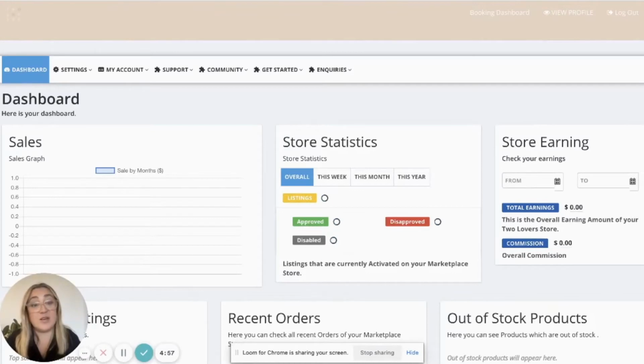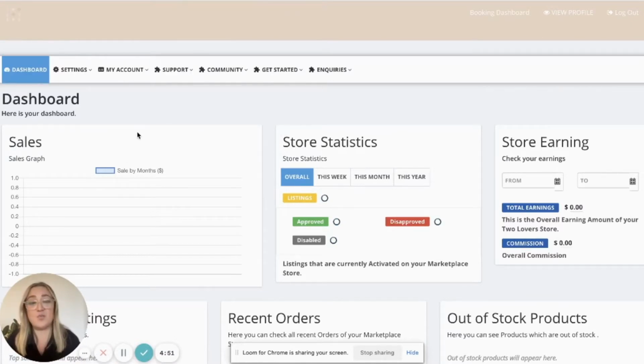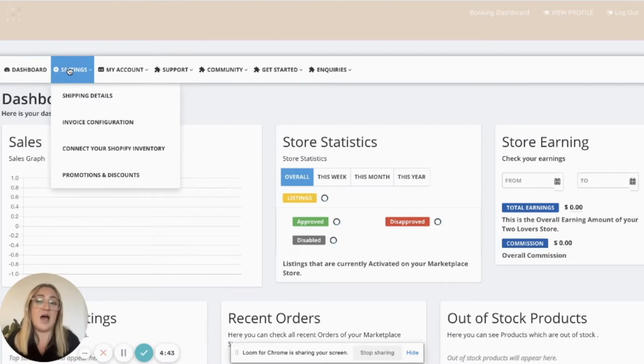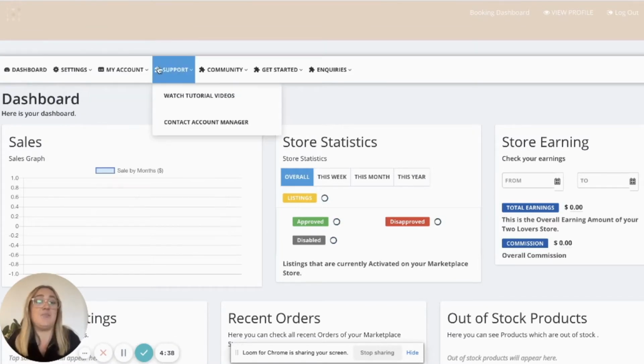Once you've verified your email address, you'll log into your dashboard. This is a high-level overview of all of your products or listings that are on the site and any bookings or sales that have come through for you. Just hovering over the navigation bar, you'll mostly be using the tab My Account, but there are also tutorials under